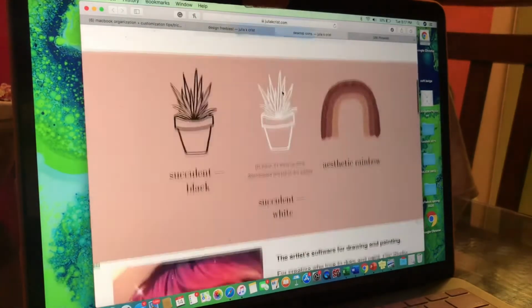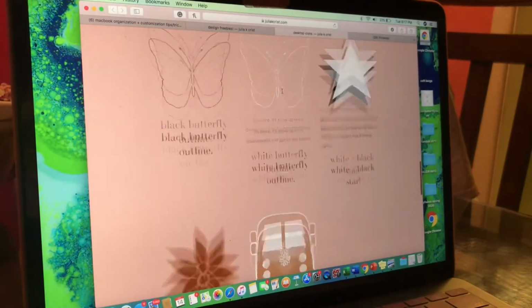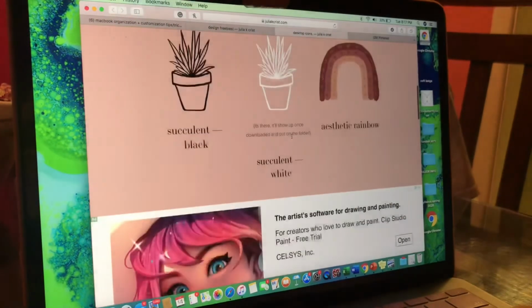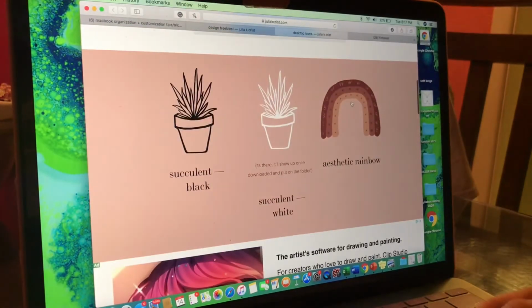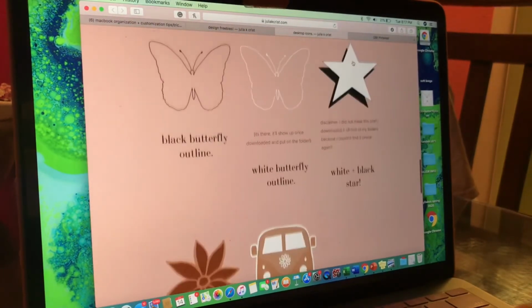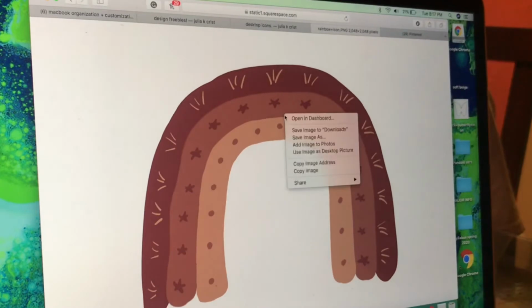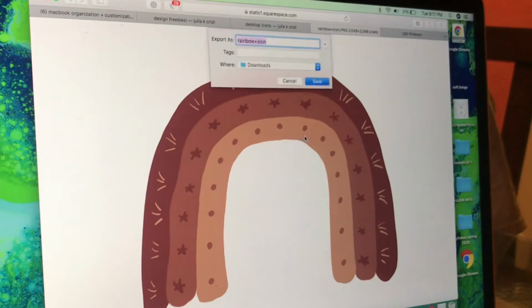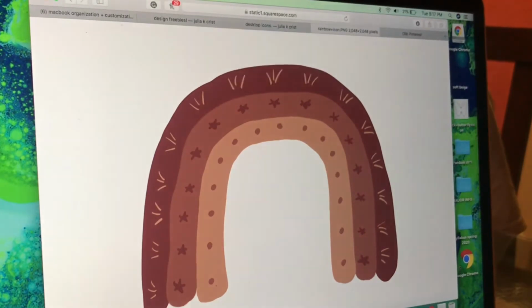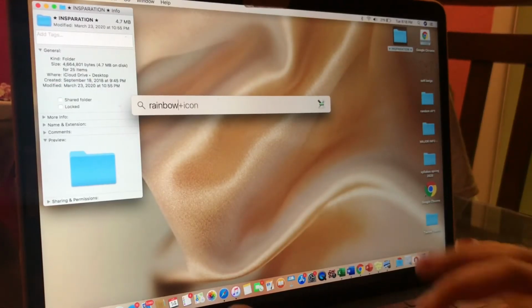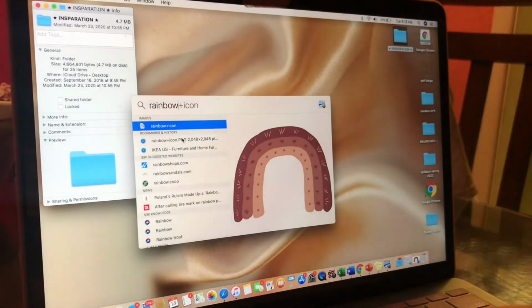Next thing is the desktop folder icon. So she has a lot on her website. I'm going to link her website down below, and she has these really cute icons. I chose this rainbow one and then the flower one, which really grabbed my attention. And all I had to do here was click on the image, and then it'll take me to a new tab, and then from there I right click and I save my image as, you know, rainbow or whatever flower, and then from there I go on my little finder at the top of the upper right corner, and then I just type in what I saved my image as, and then it'll appear there, and then I just drag it,